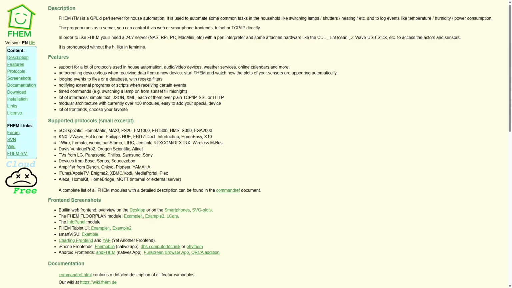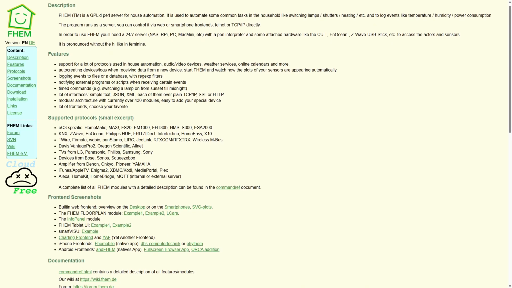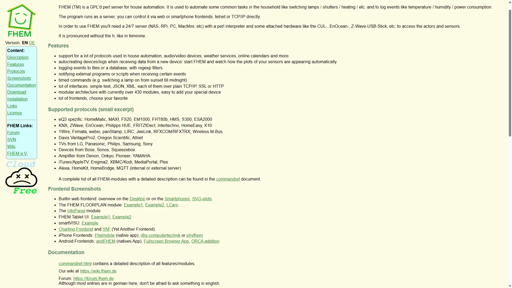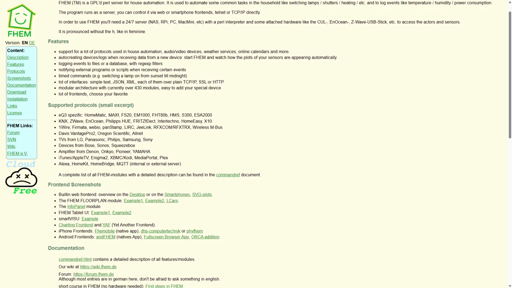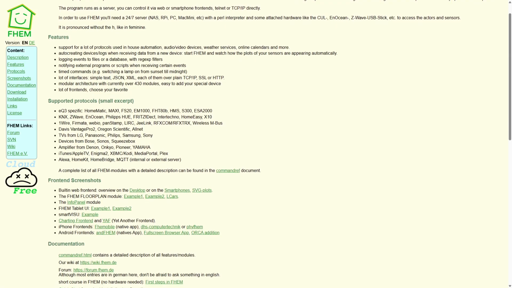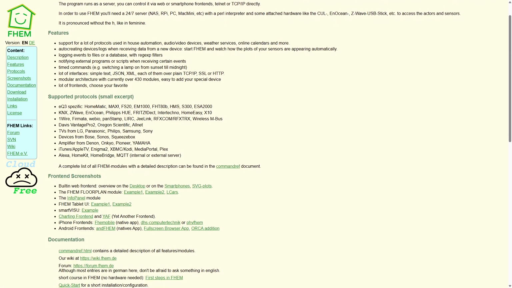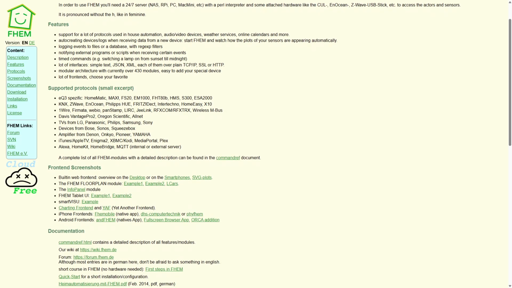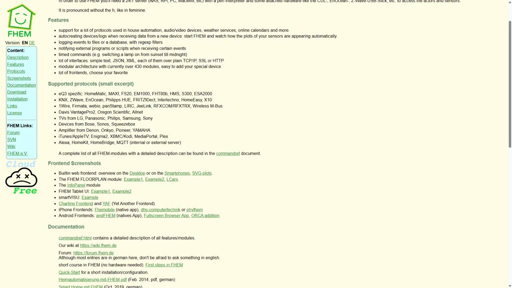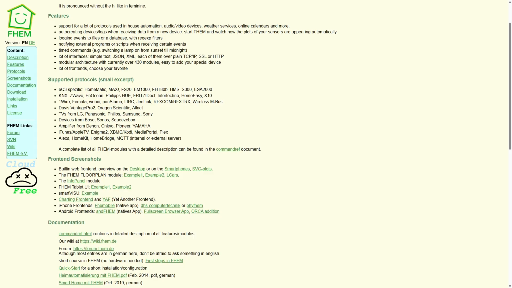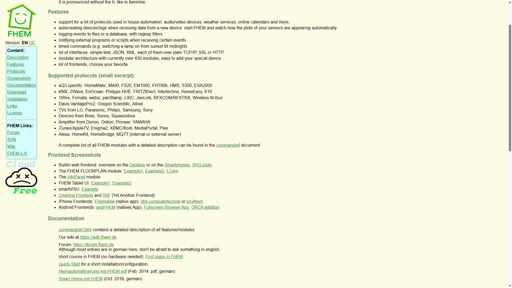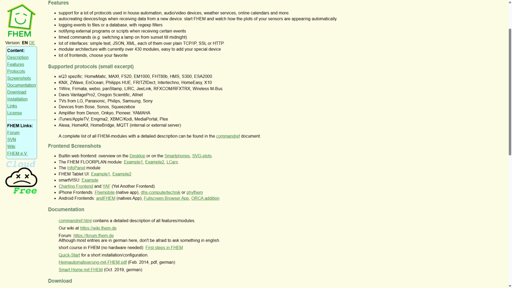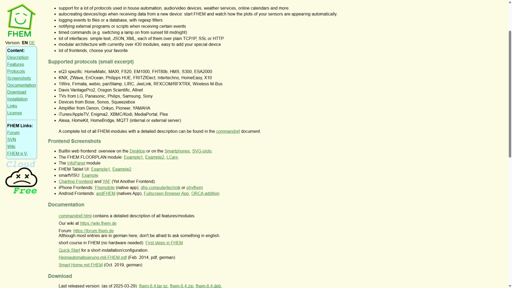FHEM is a Perl-based home automation server designed for users comfortable with scripting and manual configuration. It works by running on a local server or Raspberry Pi, connecting to various smart devices through protocols like Z-Wave, Zigbee, and more. FHEM's strength lies in its flexibility and extensive support for a wide range of hardware, especially legacy devices. Its modular design allows users to customize automation rules deeply, making it ideal for tech-savvy enthusiasts who want total